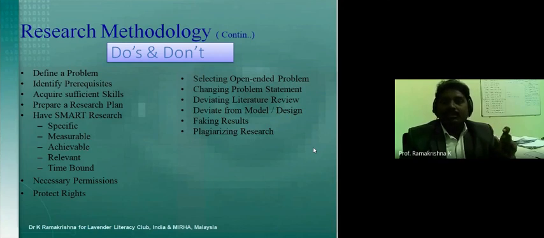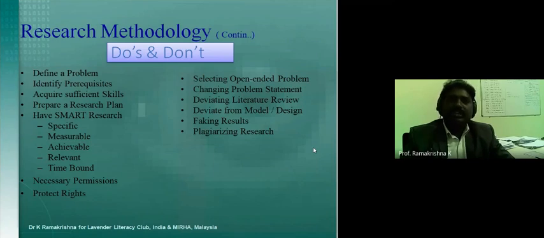Before the definition, you can have any number of iterations to change it. But once you define, the definition cannot be changed. So you have to define a problem. That's what the definition is. Once you define a problem, your problem statement will be the same throughout the research methodology, right? And then, see, you have defined a problem. It's good. But